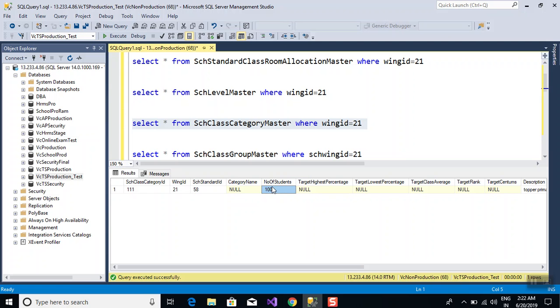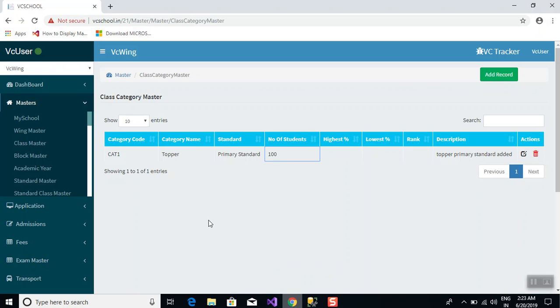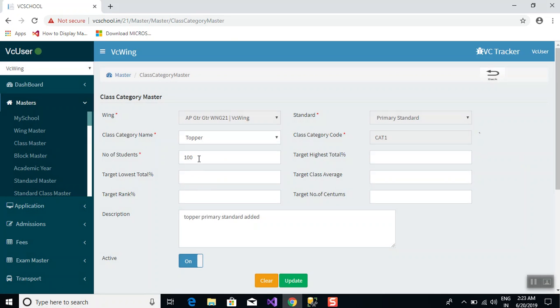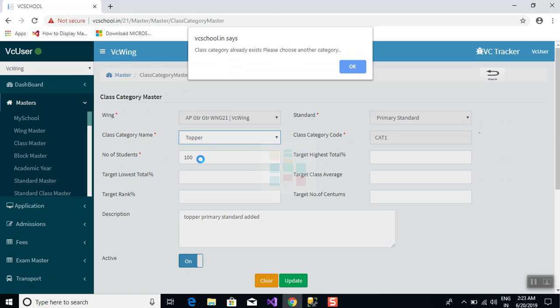Here, total number of students 100 members, target highest percent, target lowest percent, target class average, target rank. These are all the not mandatory fields. If you want to update the data, by clicking on this icon, we can get the screen. And here, if you want to modify the level, we can change. Or if you want to modify the number of students in that particular level,